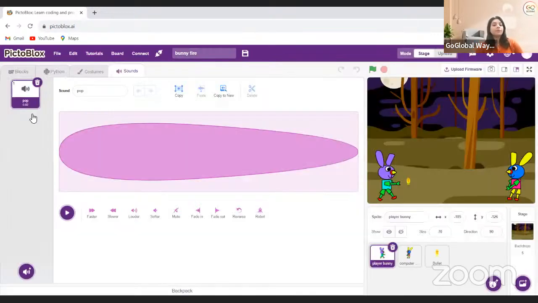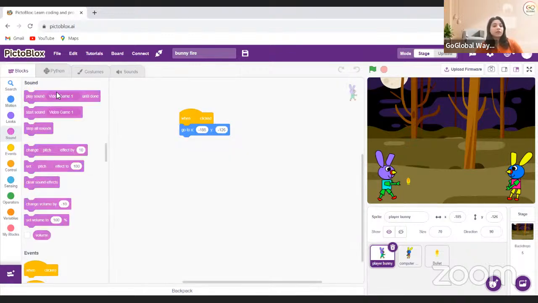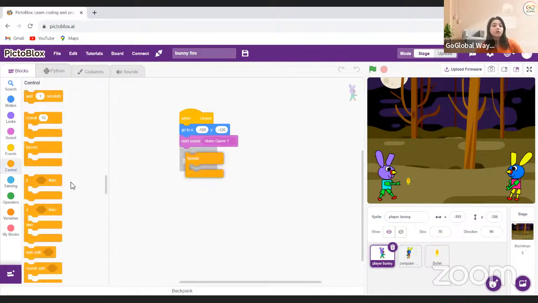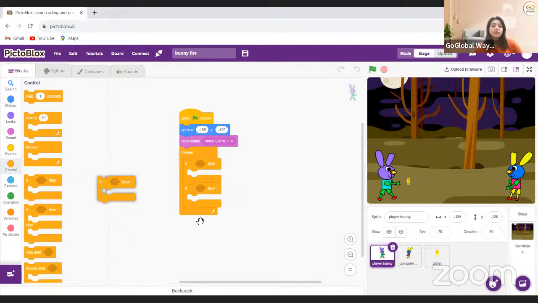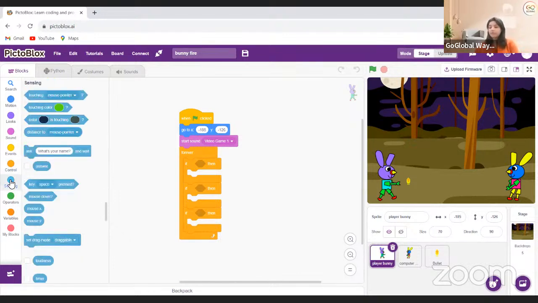Video game sound. Then I'll go to the block section. I will go to sound and I will take start sound video game. Then I will take forever block and I will take conditional statements. So 1, 2 and 3 conditional statements. One conditional statement I will take as if